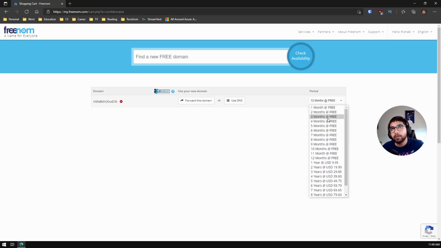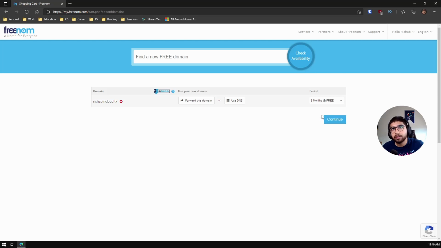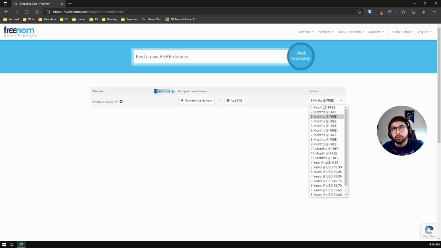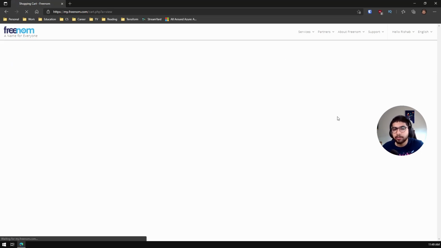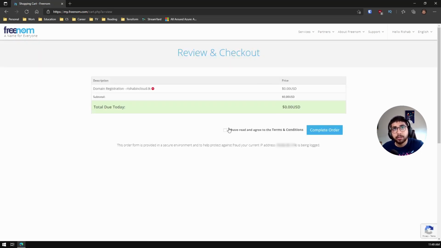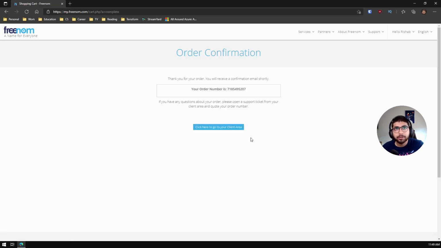And one other thing I would like to point out is that by default it is set to 3 months for the period on the domain. So you might want to go ahead and click on 12 months and then hit continue. And you can also renew, just like every other domain, for free. And yeah, just go ahead and click on complete order, and it will say it's logging your current IP address for